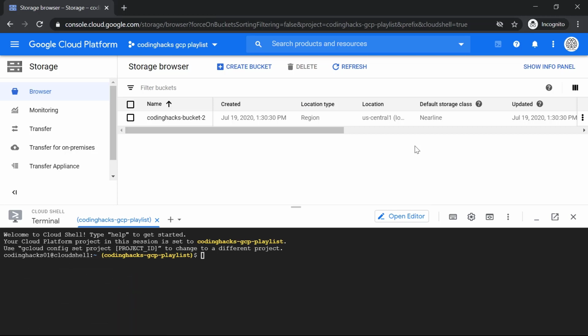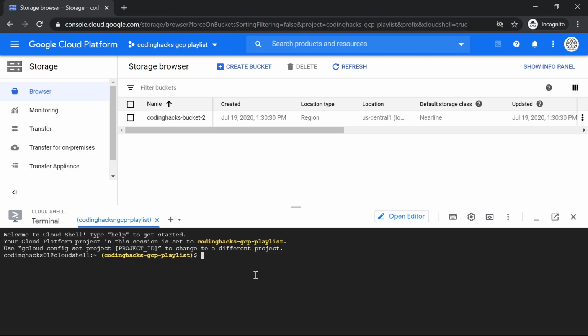Let's say you have some data that you want backed up. You are not going to access that data very often. Let's say you only want to access it a couple of times in a year. You would create a nearline pipeline. In this case, you would create a nearline bucket on the cloud in order to store this kind of data. You can do so using gsutil from command line.